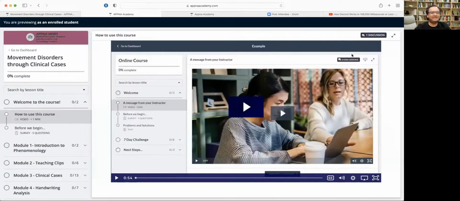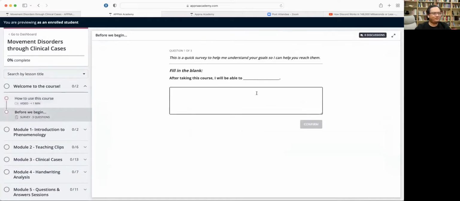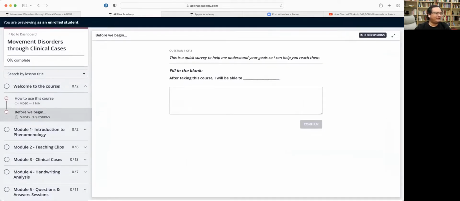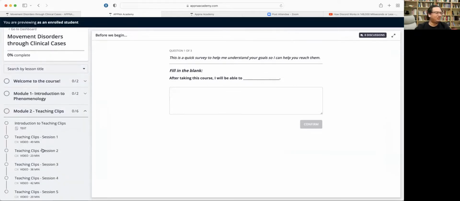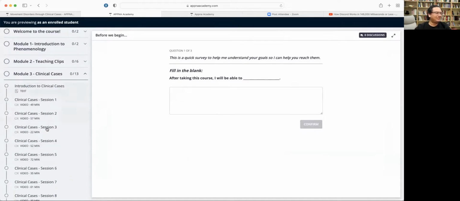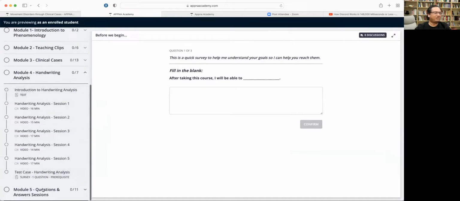By default, this is hidden and you just have to click this black button and it will show you the count of how many posts have been posted there. You will see some surveys, which you just have to answer simply, briefly. These are ungraded. And then you will see the 5 modules. In module 1, there are just 2 videos to get you started with orientation. Module 2 is where we start with a teaching clip. Module 3 is clinical cases, and module 4 is handwriting analysis and movement disorders, and module 5 is question